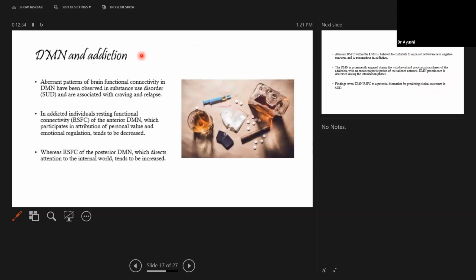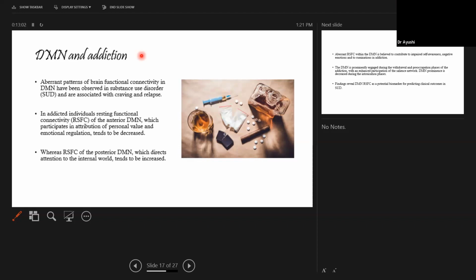Now, default mode network and addiction. Aberrant patterns of brain functional connectivity in the DMN have been observed in substance use disorder and are associated with craving and relapse. In addicted individuals, resting functional connectivity of the anterior DMN, which participates in attribution of personal value and emotional regulation, is reduced, and the posterior